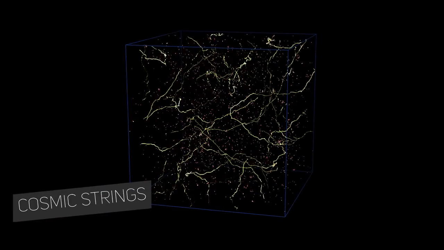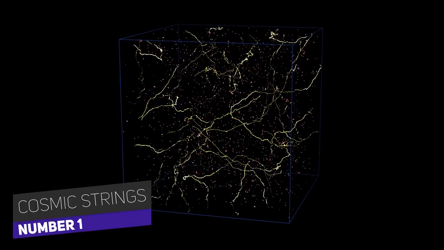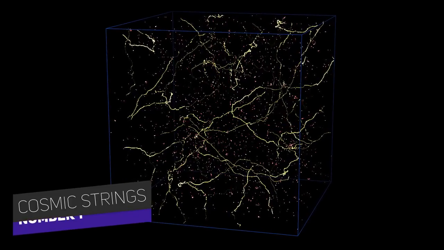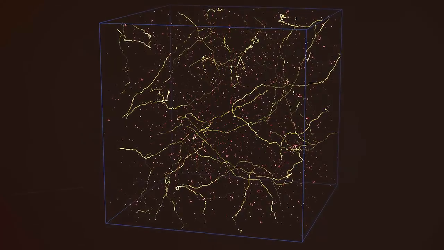Number 1. Cosmic strings. Another theory for potential time travellers involves something called cosmic strings, which are narrow tubes of energy stretched across the entire length of the ever-expanding universe. Cosmic strings are a hypothetical topological defect in the fabric of space-time left over from the formation of the universe. Interaction could create fields of closed time-like curves, permitting backwards time travel.